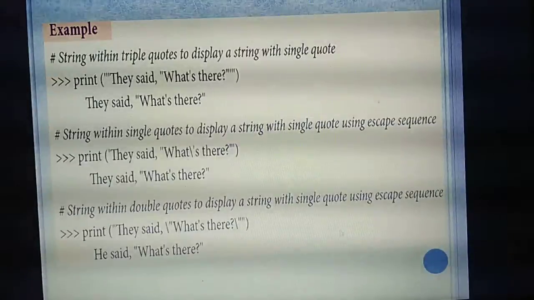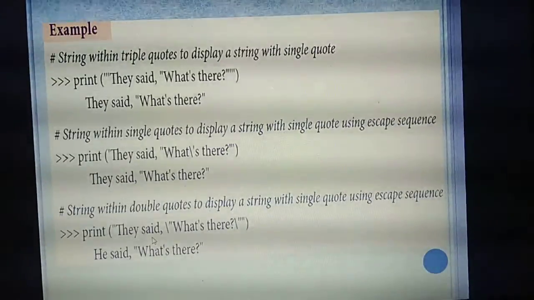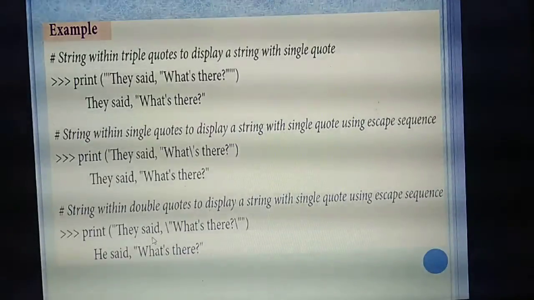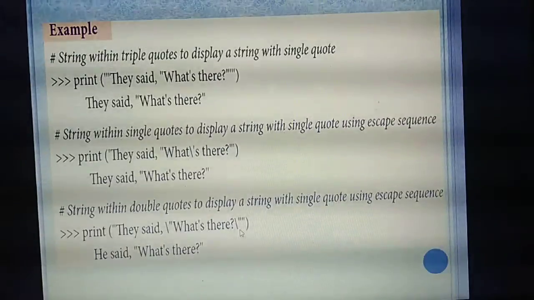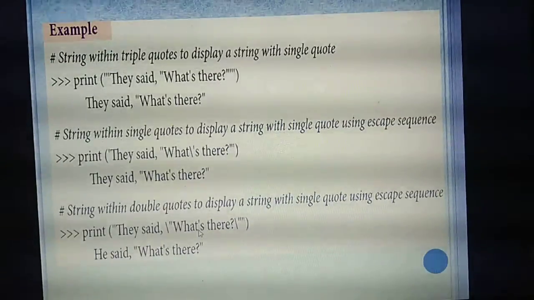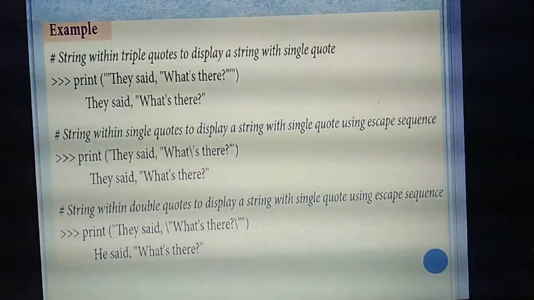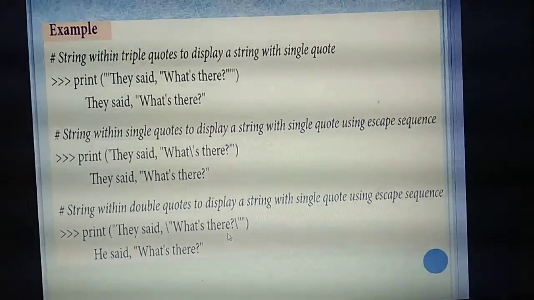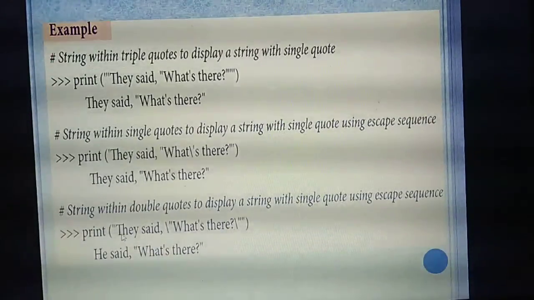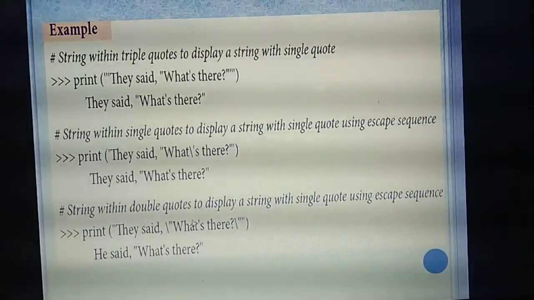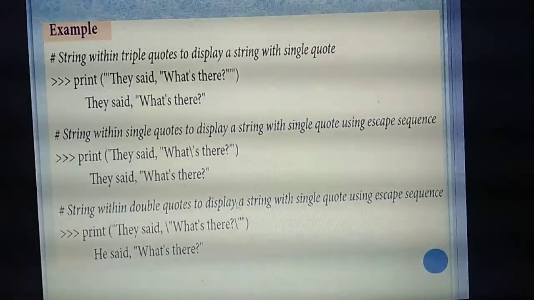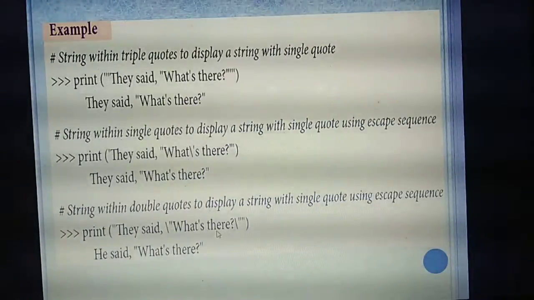Understand? See, next sentence, you can also give the backslash with double quotes. This is a backslash with single quote. Next, backslash with double quote. Here also one apostrophe character is there, so you can also give this backslash with double quote. Like this, if you give it, you can also get the output. Printing mistake, the output won't come as he, they. So they said comma, see, the apostrophe is there, but you have given the entire sentence with backslash double quote. See, the output is displayed as you have given it.